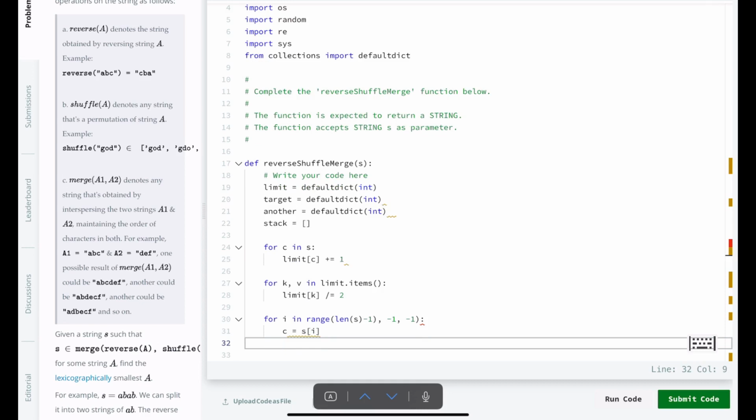So first thing, we want to check if we can pop out the elements in the stack. So we have to check if the stack is not empty, and also that C is smaller than the last element in the stack, the top element in the stack. And we also have to check if there is room for the top element in the another dictionary, so if that is smaller than the limit,